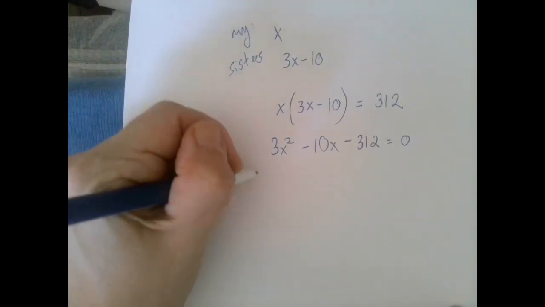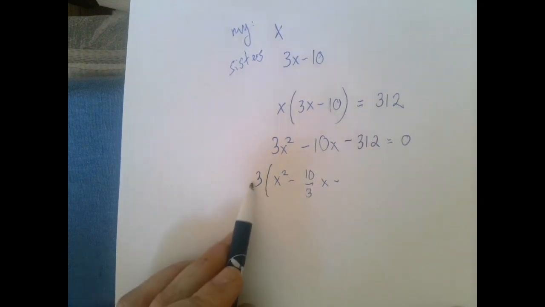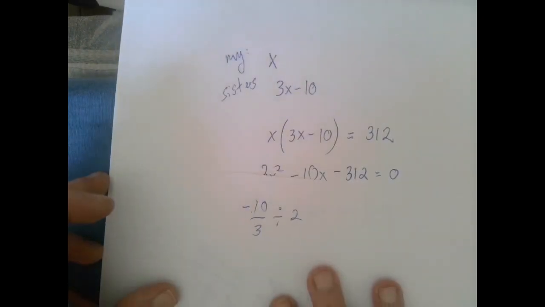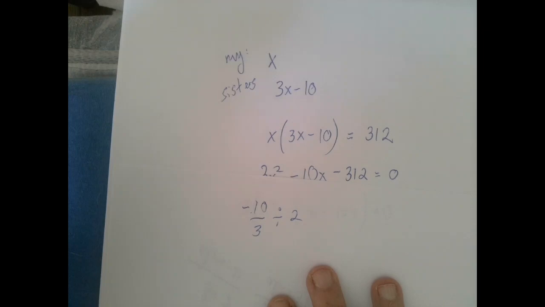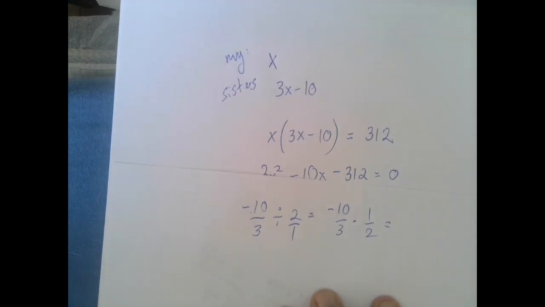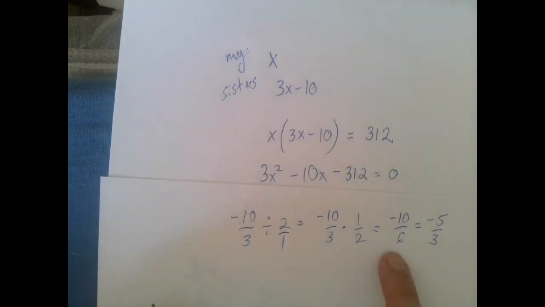So we're going to factor out 3. This is how we factor out something that's not there. The multiplication backward should work. So 3 times 10 over 3 will give us 10. So it's 104. Okay. So now half of the linear coefficient. So half of negative 10 over 3. To get the half, we divide by 2, or 2 over 1. And to divide is to multiply by the reciprocal. But at this point, it's really important that you simplify. You do not want to deal with 10 over 6 if you can deal with 5 over 3. Because you might notice we're squaring these things, so it's better to stay with 3 than going up to 36